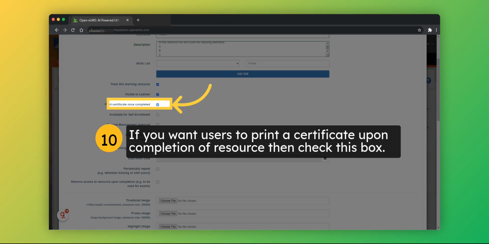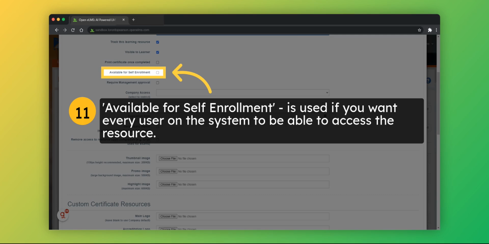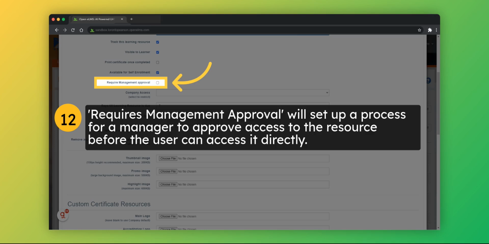If you want users to print a certificate upon completion of the resource, then check this box. Available for self-enrollment is used if you want every user to be able to access the resource. Requires management approval will set up a process for a manager to approve access to the resource before the user